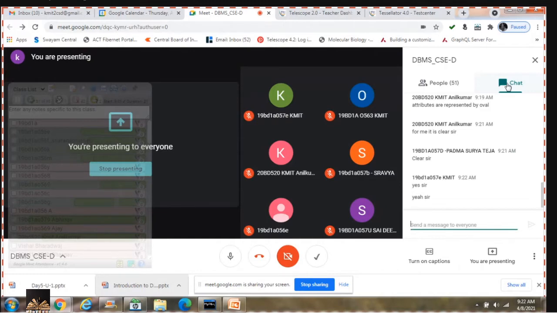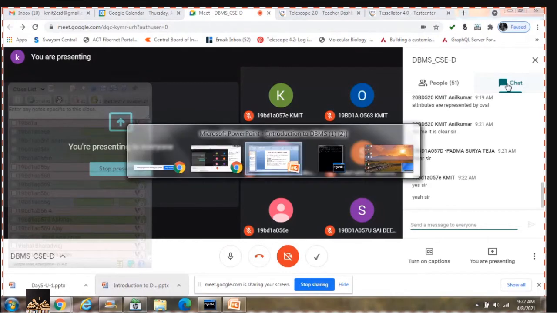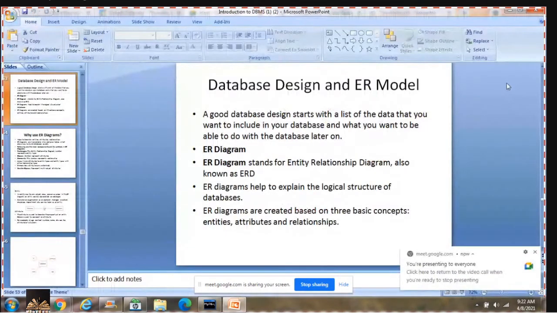Okay. So I'll continue with the ER model. I hope you can see the PPT shared. We were talking about database design and ER model in the previous class, and I told you what an ER diagram is and the major symbols used in the ER model.